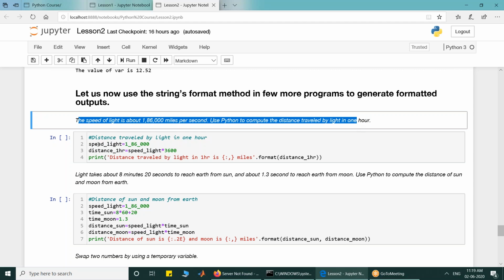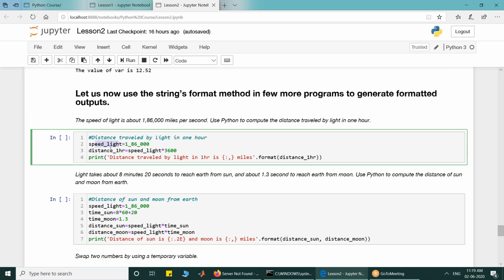So you have to multiply the speed of the light with the number of seconds. I have written speed underscore light. I hope all of you appreciate the rule that underscore is allowed in identifiers. Then underscore in numbers is used for convenience.